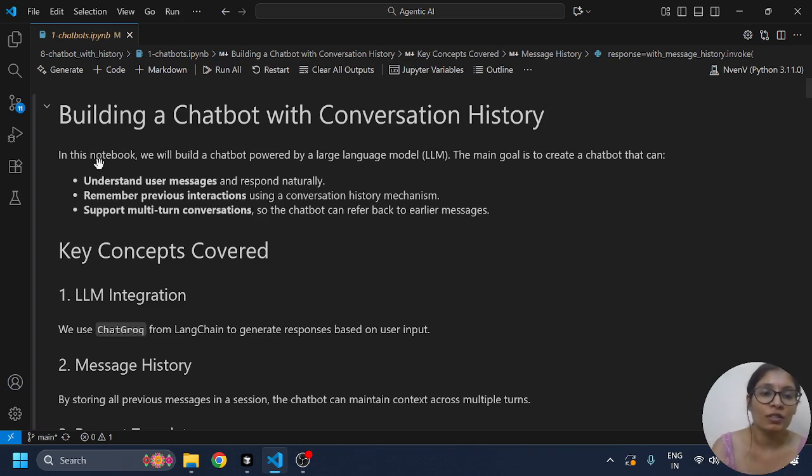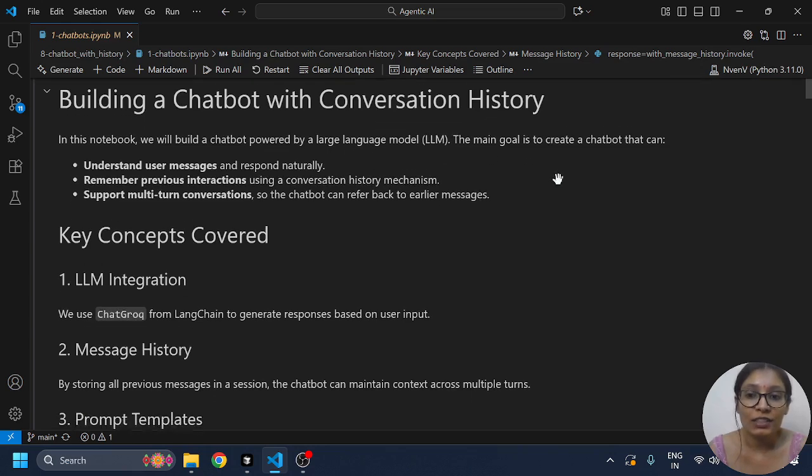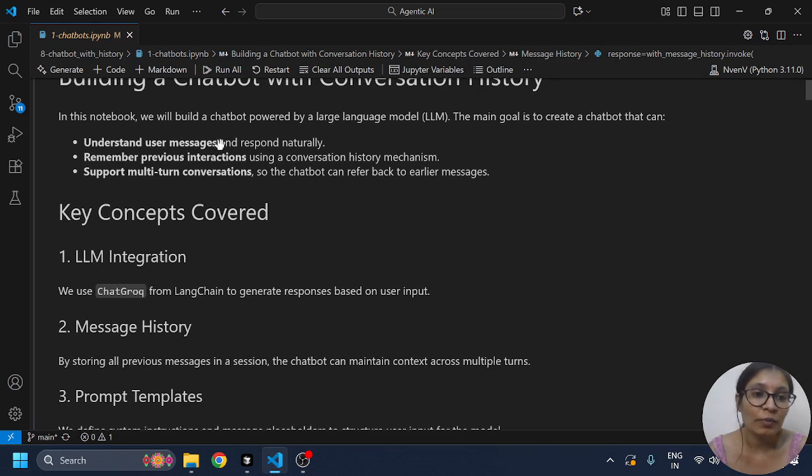So here you can see, build a chatbot with conversation history. In this notebook, we build a chatbot powered by an LLM model. The main goal is to create a chatbot that can understand user messages and respond naturally, remember previous interactions using a conversation history mechanism, and support multi-turn conversation so that the chatbot can refer back to